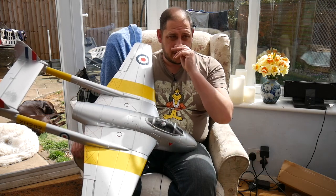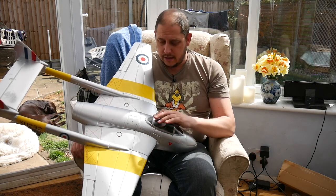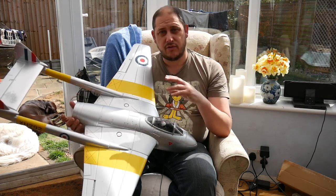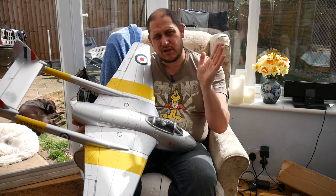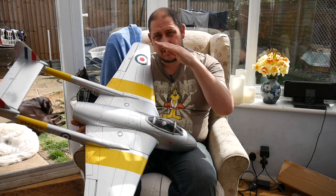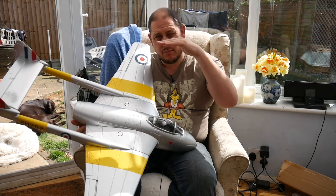Luckily enough, I've got a decent transmitter, a Futaba 14SG, and the mixing on that is quite nice because you can not only mix the elevator and the throttle together, but you can set when that comes in by adjusting it like an X-axis. So as you pull your throttle down, nothing happens. Then the mixing comes in, and then you get a linear response to the elevator,